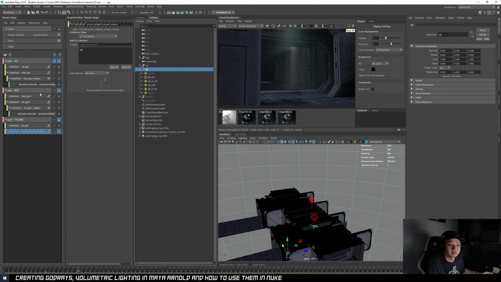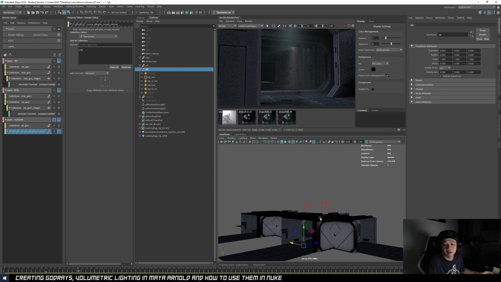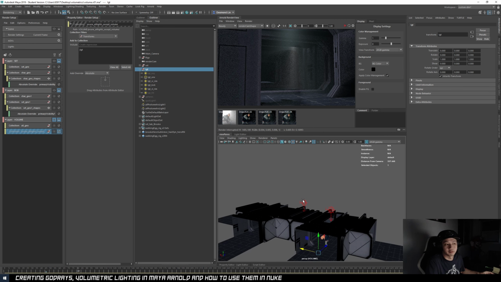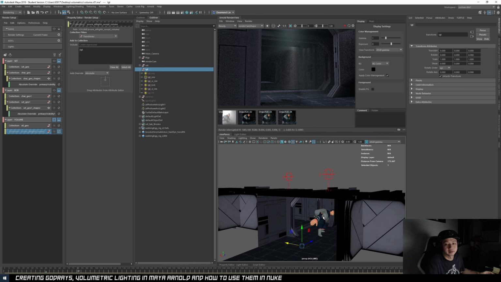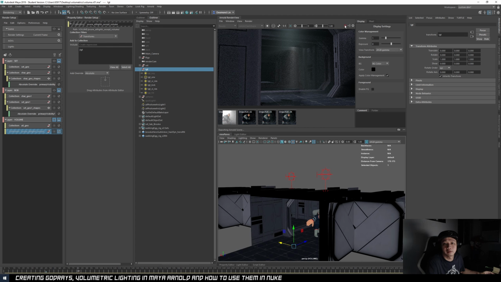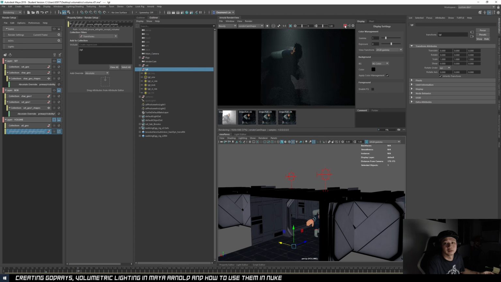If I view here now, technically all the lights should be gone except the volume lights and my characters and my scene. If I render now, they should look just like that. The next thing we need to do is make sure our geometries are being held out, being matted, because we just need this volumetric to be plus'd on top of our renders, right?